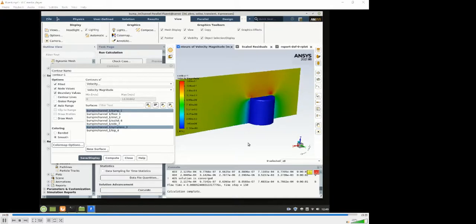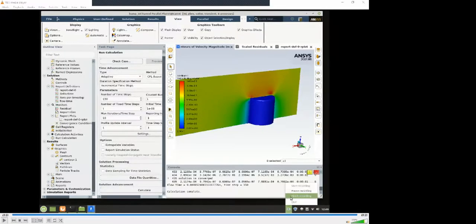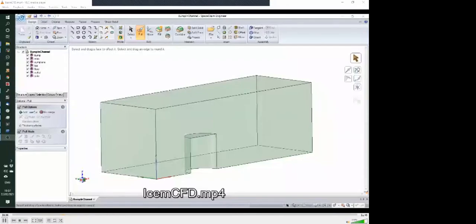It's been a very simple demonstration of how to use Fluent. The program has got many more physical capabilities, including heat transfer, radiation, chemical reactions, and a whole lot besides. It's an extremely powerful program. And there's a reason why it's very widely used in industry and academia. Ansys is one of the large